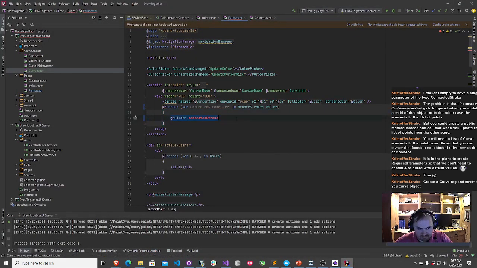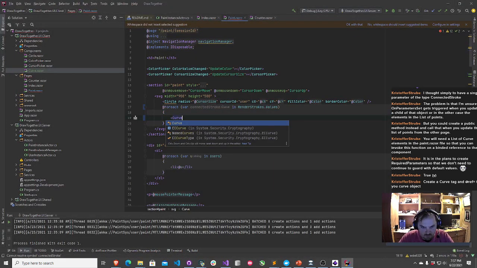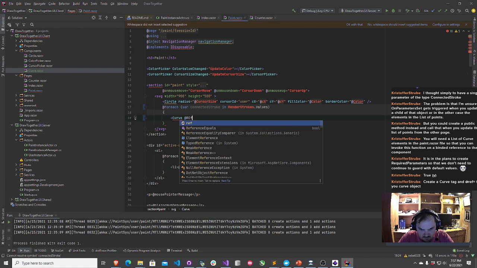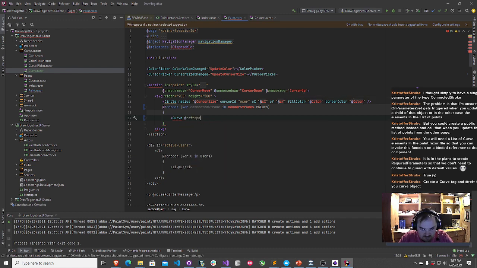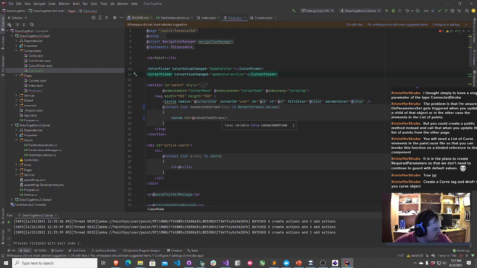So I go ahead and do curve, ref, connected stroke. Is that right? Like that. Does that look right, Christopher? Or do I got to do the little @ symbol here?